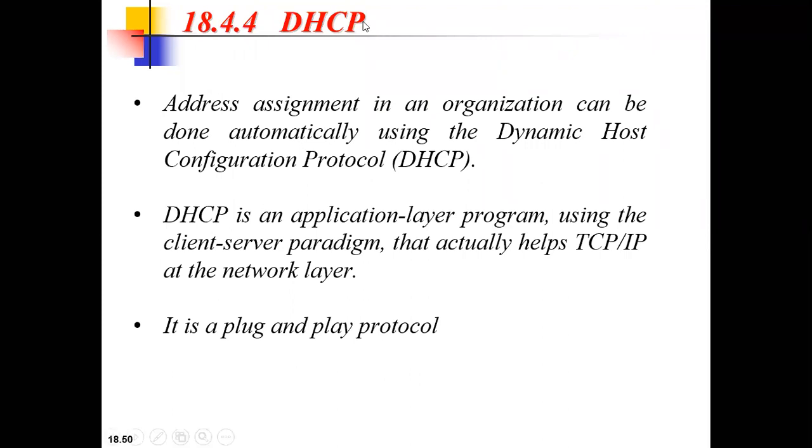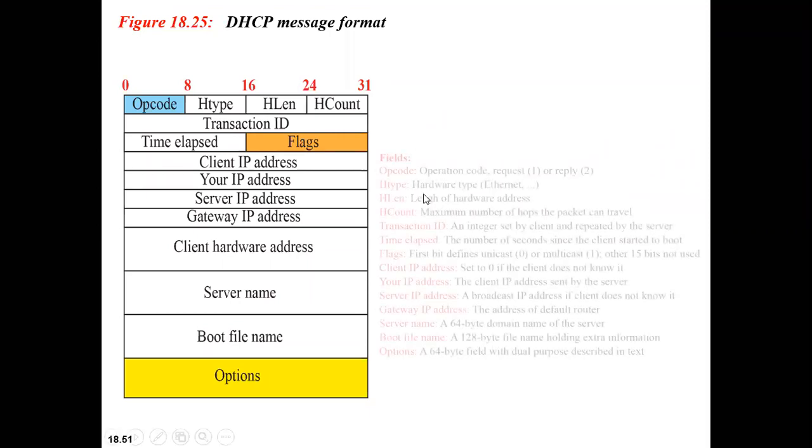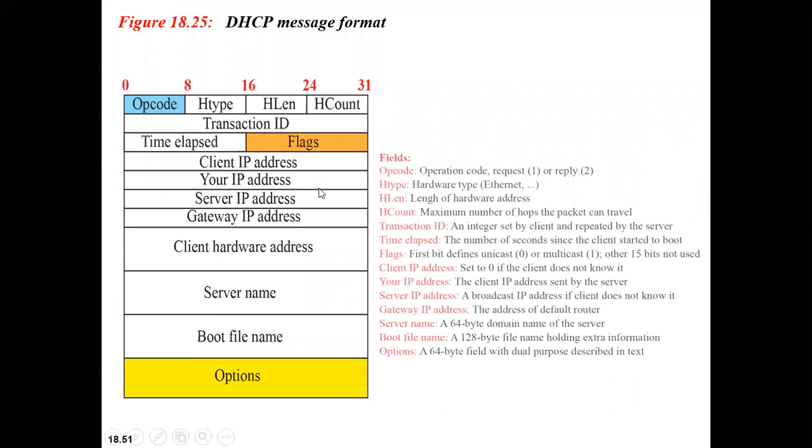So I hope you understood this concept, right? The next concept we will move on to is the DHCP message format. So what is this message format? Before going to see DHCP in detail, we need to know the message format, right? If you see here, there are various fields, correct? Can you tell me how many bits it is? It is 32 bits in length, correct? And each and every field has been explained here clearly.